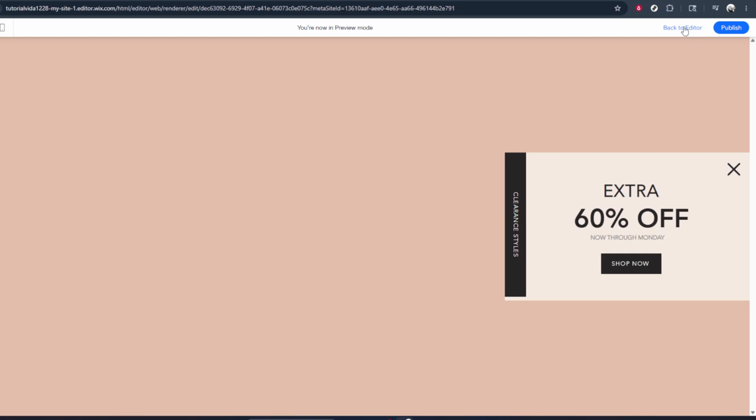When you're done setting up the triggers, it's time to test the result. Click on Preview at the top right of the Wix editor. In preview mode,